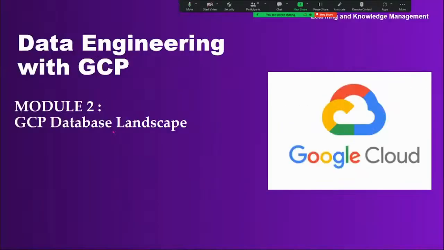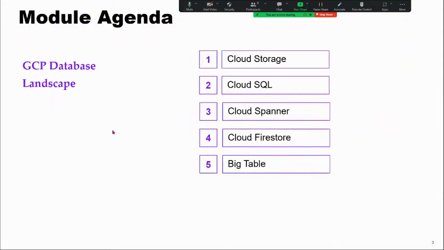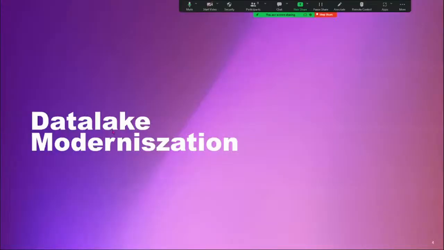In the GCP database landscape, this is the agenda, guys. We are going to explain the whole GCP database landscape and the differences between RDBMS and NoSQL databases. And in this one, we are going to look at Cloud SQL, Cloud Spanner, and Bigtable. So first, we're going to see